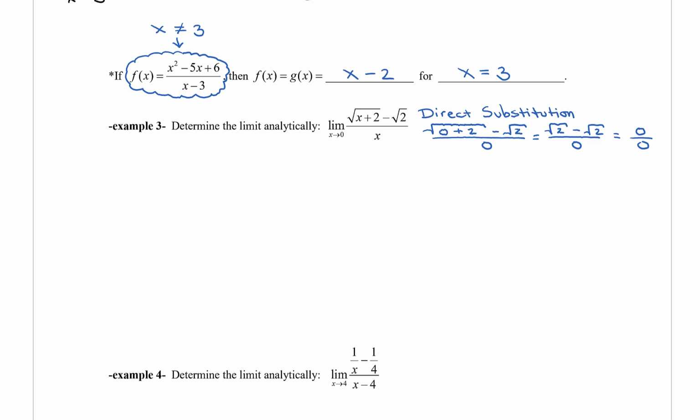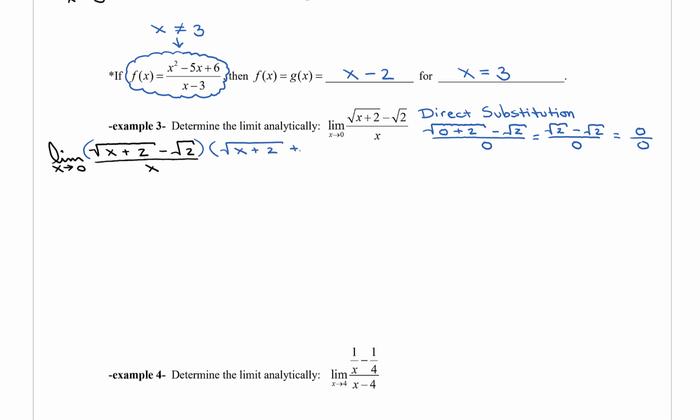The limit as x approaches 0 of, and I'm going to just recopy everything, the square root of x plus 2 minus the square root of 2, all over x. For this particular problem, we're going to try multiplying by the conjugate of the numerator. So I'm going to multiply by the conjugate of the numerator to both the numerator and the denominator of this